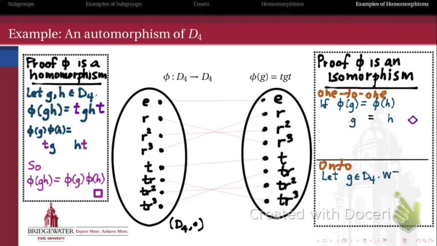Now to prove that it's onto, we need to show that every element in D4 is getting hit by some a. So we want to show every g is equal to phi of some a. Well, that would be the case if g is equal to t times a times t, but then multiplying again on the left by t, and on the right by t, we find out that the element a that hits g is just tgt. So let's check that that actually works. Phi of tgt is t